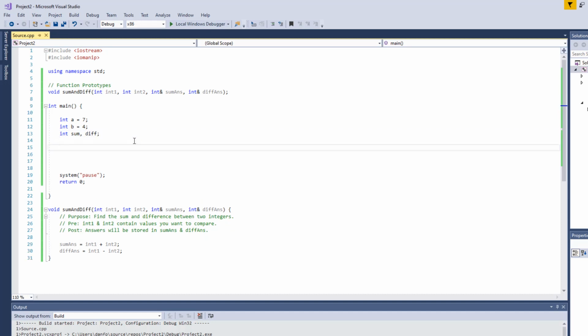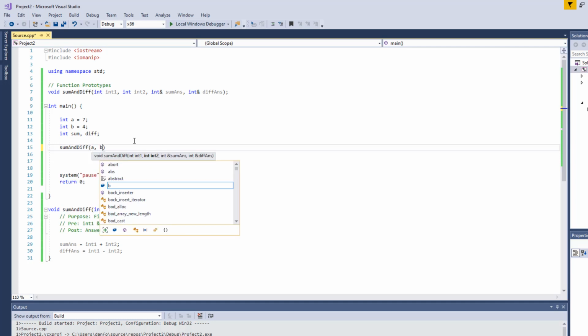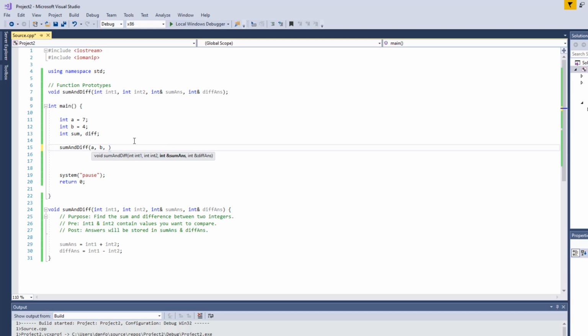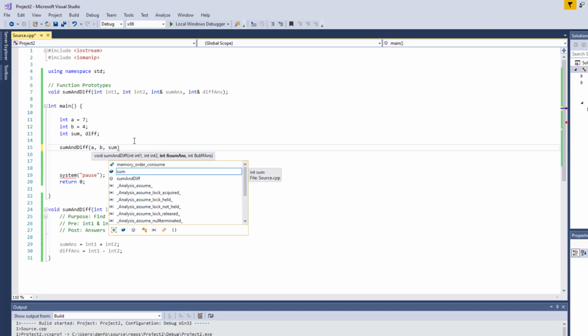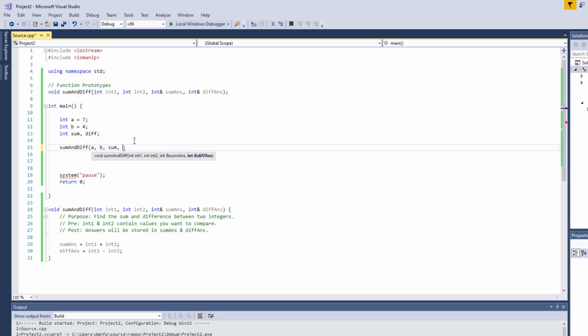Now if we come down here, we can say, let's call our function sum and diff. We'll pass in a and b, and then our sum answer will be stored in sum, and our diff answer will be stored in diff. So now with that function call, you'll notice it's a void function. We're not storing this in a variable. And by that, I mean we're not doing ans equals or anything like that. We're just declaring it in a line because the answer will get stored in that variable